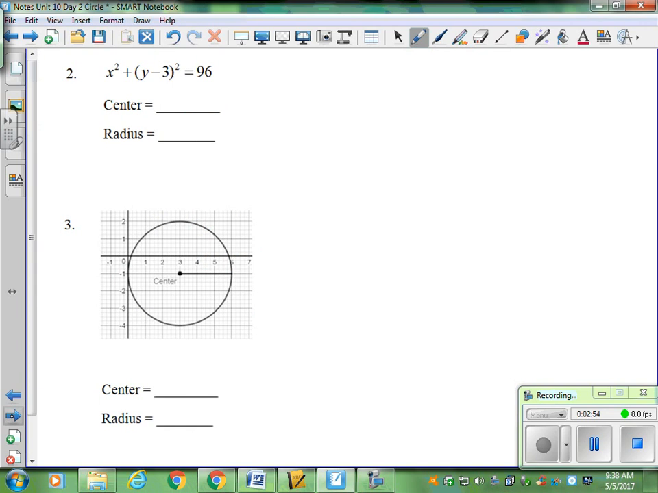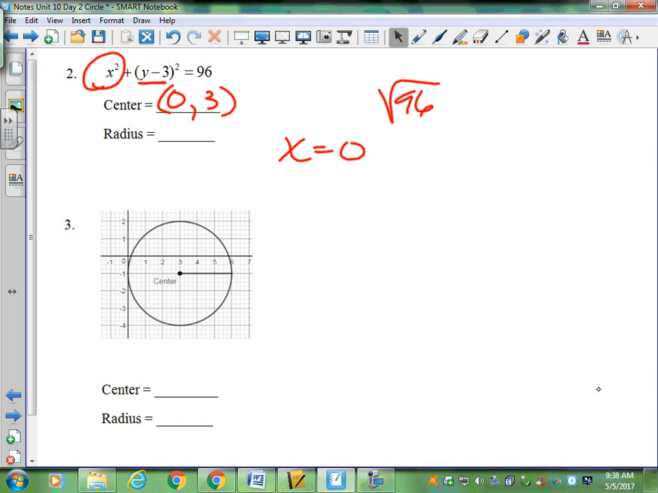So in our next example, there are no parentheses here. So if I set the inside equal to 0, that's pretty easy. There's no inside, so it must be 0. Does that make sense? And the opposite of this y is? But when I'm asked to take the square root of 96,